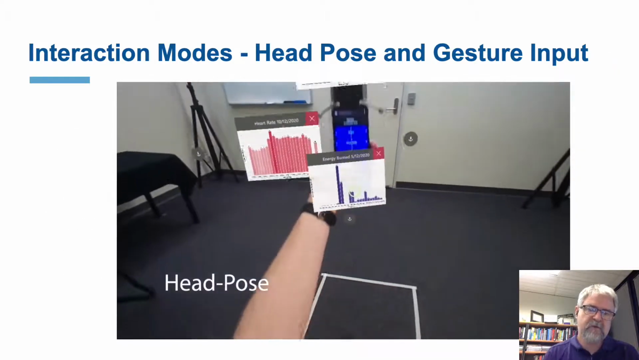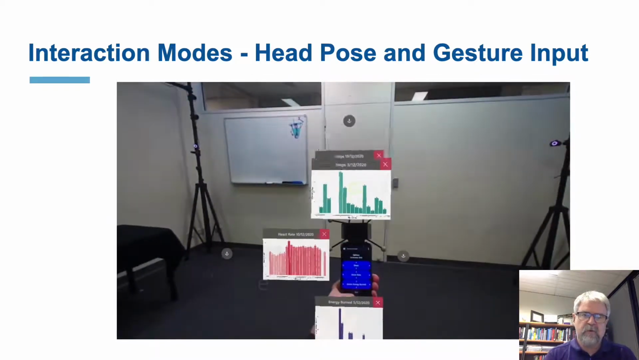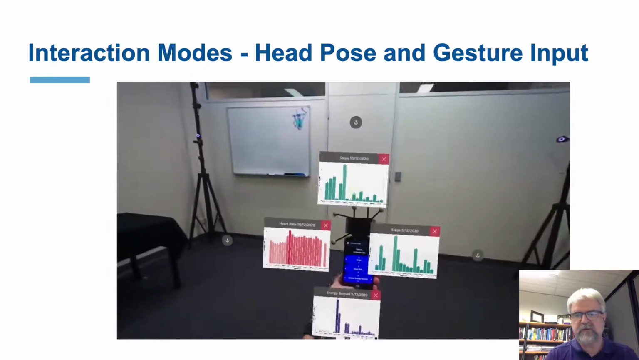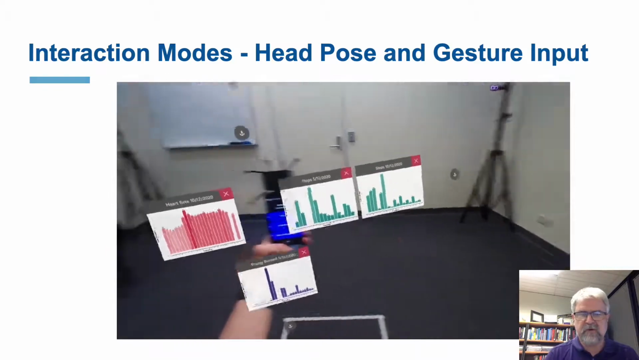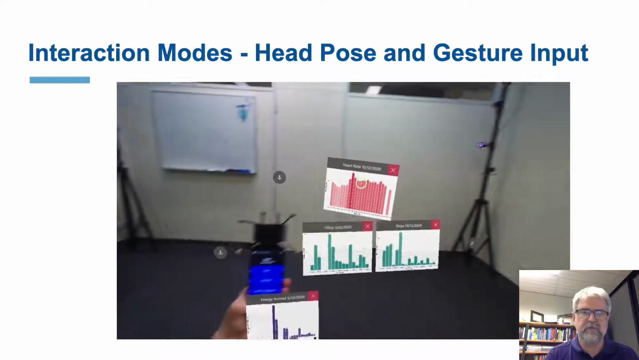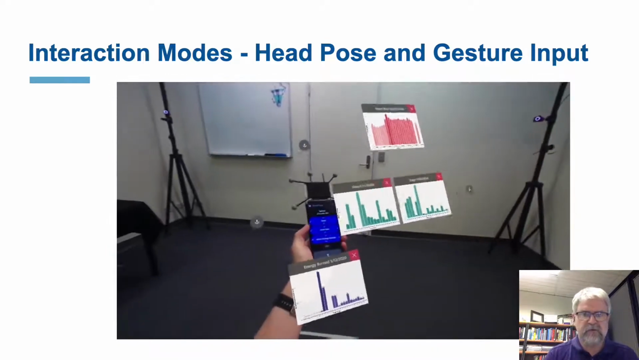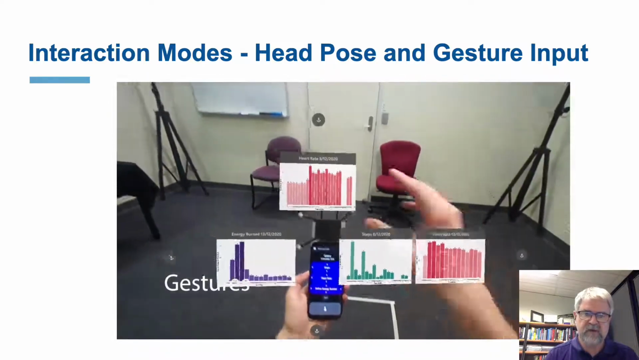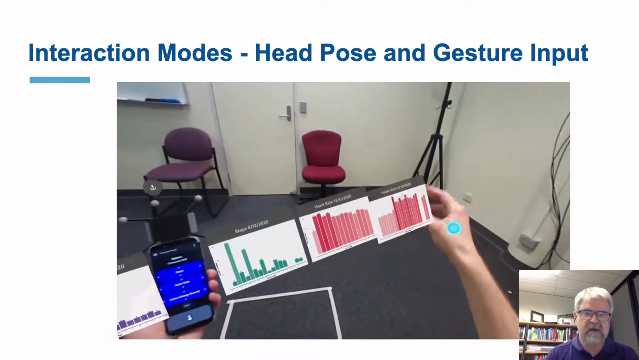So this is a video showing the interaction techniques we support. We support head pose interaction, where the person can look at a virtual window and tap on the phone screen to select the window and move it around using the head gaze. We also support gesture interaction, where they can reach out and grab virtual windows with their hands and pull them